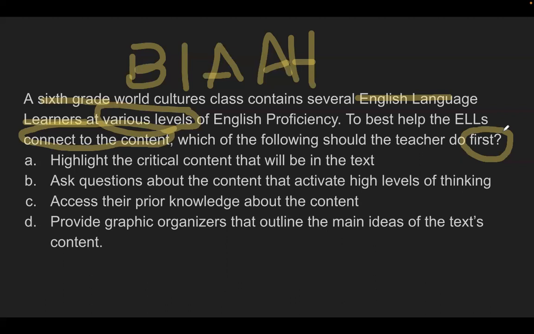We can eliminate A. So just highlighting the critical content for them. Will that make them connect to the content in any meaningful way? No. Not really. I mean, it might draw their eye to it momentarily, but it's not going to elicit any meaning. Okay, well, what else can we eliminate? Eliminate B also. Ask a question